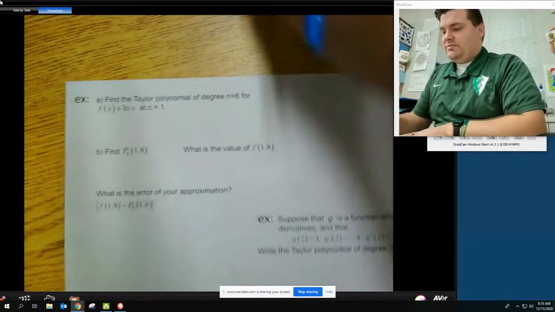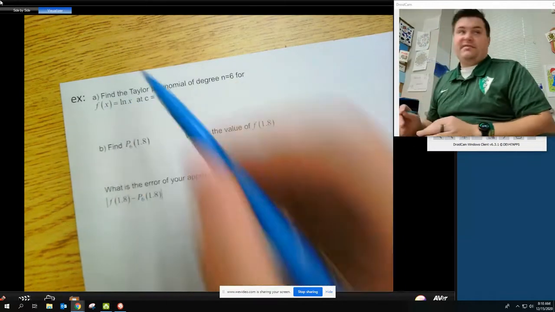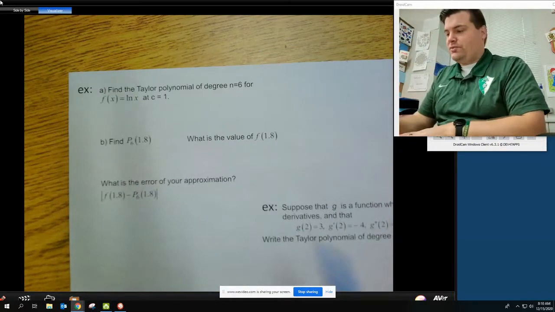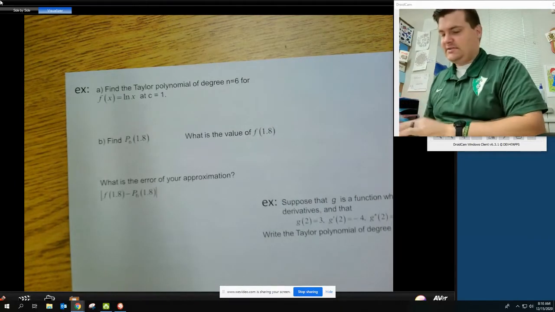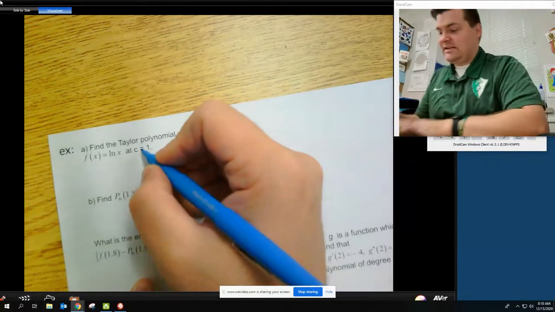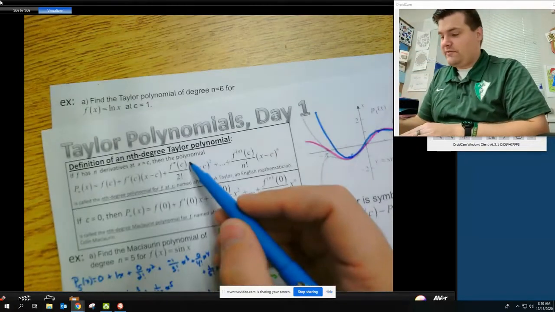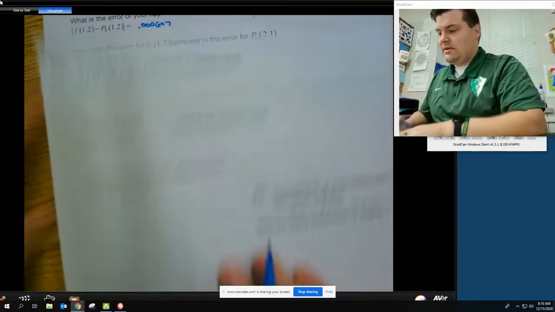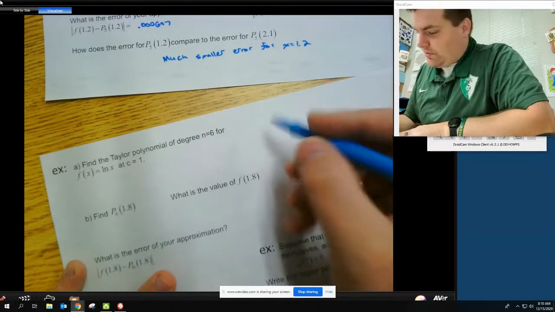So now let's do f of x equals ln of x. This is another one that's kind of weird. We're going to do one out to degree 6. So let's find all these derivatives. And this is going to be at c equals 1. So now I'm actually using this formula right up here, so I'll go ahead and pull that back in when it's time to rewrite that. But we're going to go ahead and find